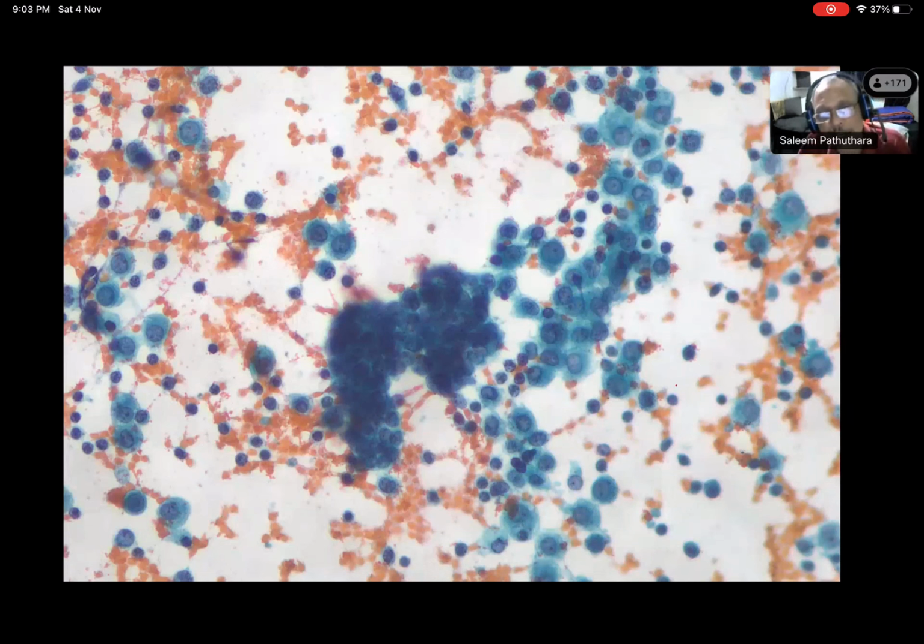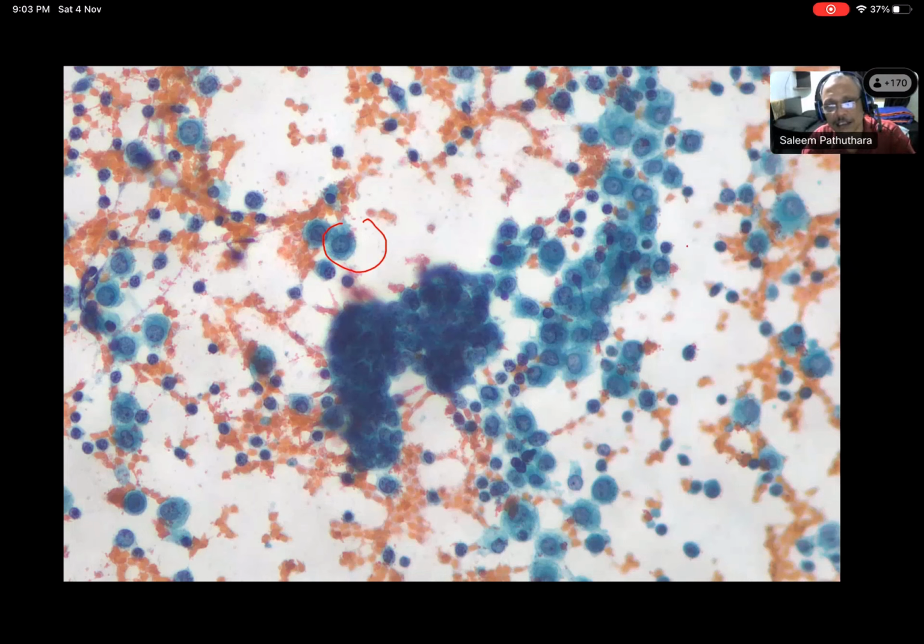Now this is the same smear, which somebody has properly re-prepared from the material. Can you explain this? Yes, sir. A moderately cellular smear shows reactive mesothelial cells in singles and a few clusters. These cells have moderate cytoplasm. I agree, these are mesothelial cells, singly and in loose clusters, scattered. Great. Anything else? The background shows lymphocytes and RBCs.